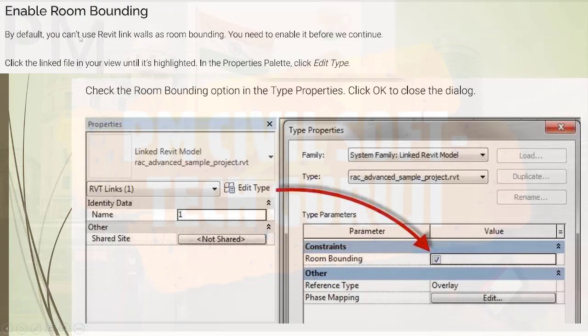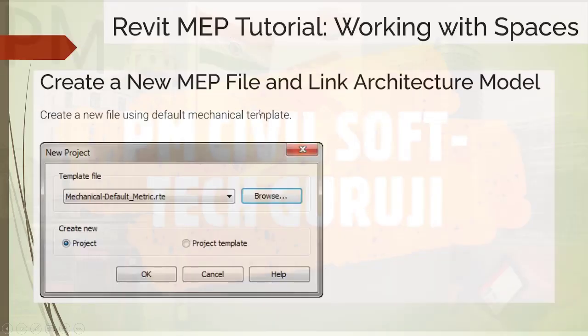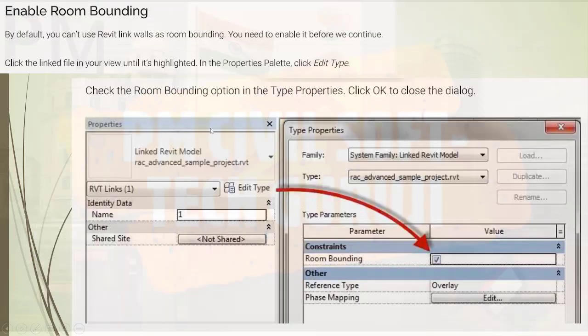Link the sample file to your new file. You can find the Revit sample file in this folder: C Program Files Autodesk RevitX Samples. Link the file RAC_advanced_sample_project.rvt to this file.